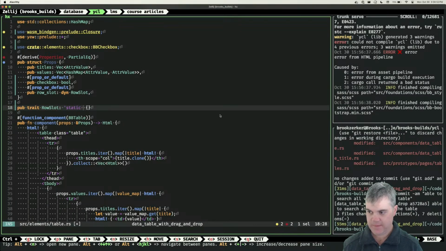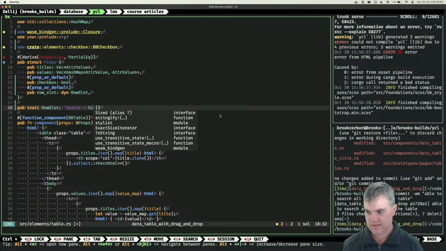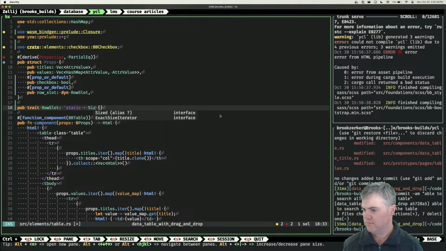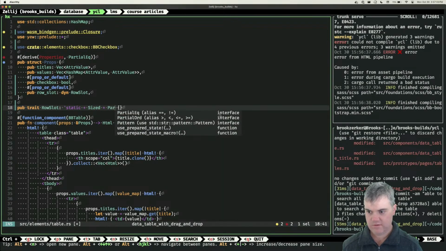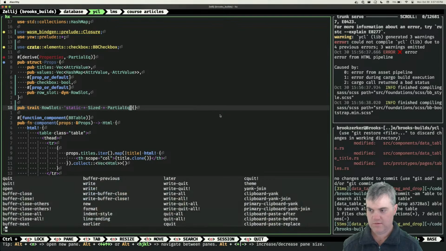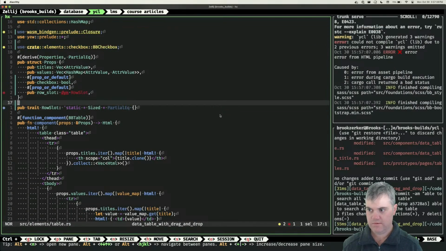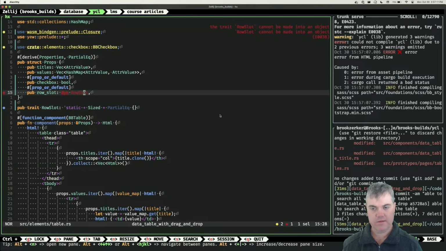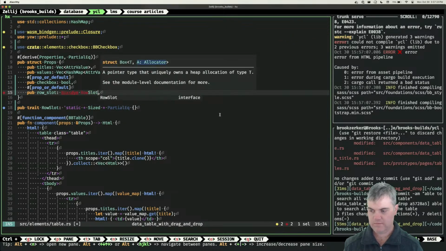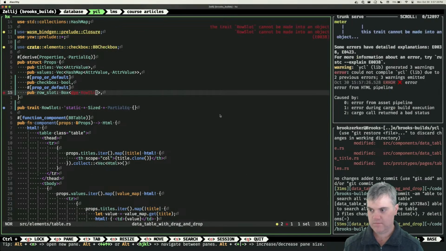So let's see. Plus sized. Plus partial equal. Trait RowSlot cannot be made into an object. Ugh. Do I have to box this? Oh, why can't it be made into a